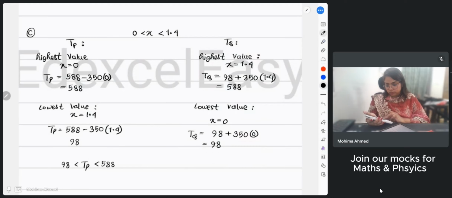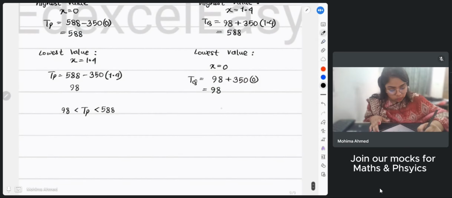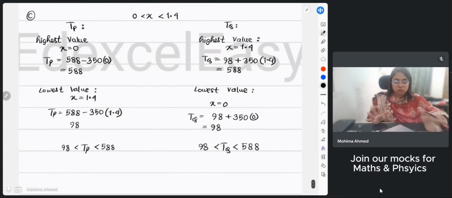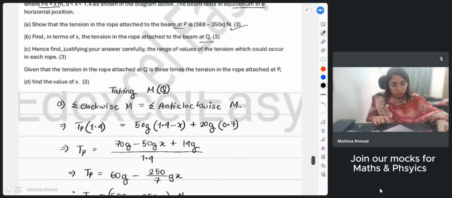Right, 588. So in that case, same range for TQ also. TQ should be less than 588 and greater than 98. So these are the expressions of that potential at point P and Q could possibly have. After that, we're going to move to part D, where it says that given that the tension in rope attached